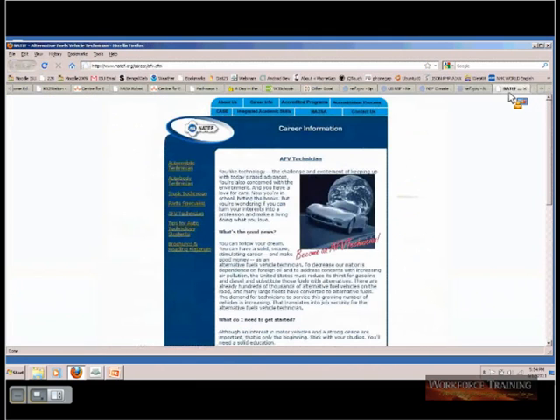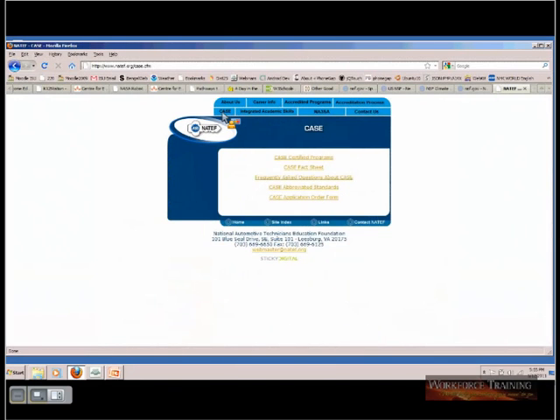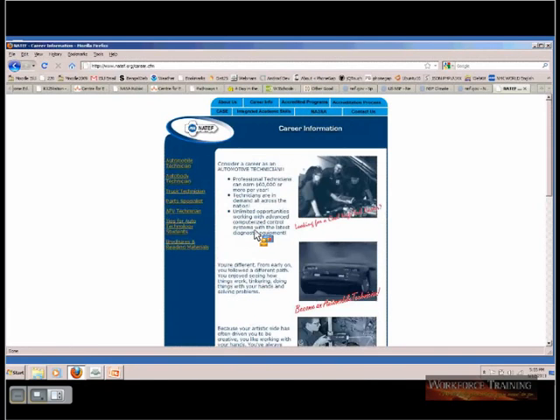And then our last site here for the evening is an alternative fuel vehicle technician. This is actually a career information site. Let's go to career info. Talks about different kinds of careers. Let's see here. Career info. Okay, the only one here that actually goes with technology is the one we were looking at,